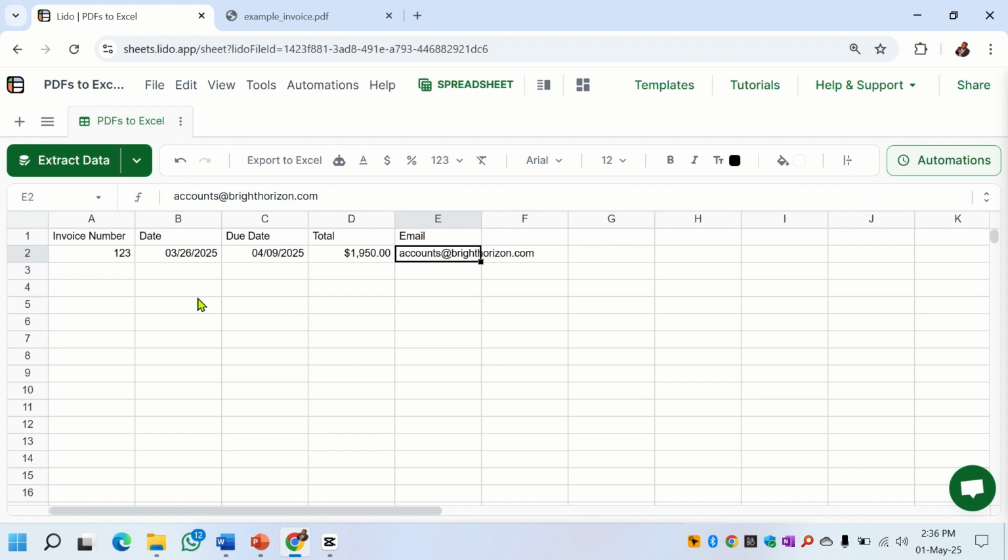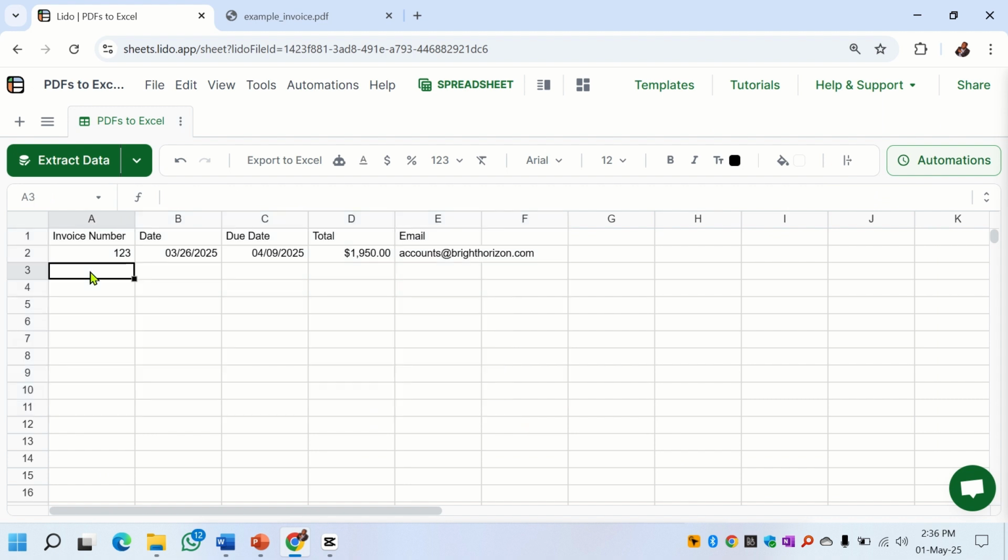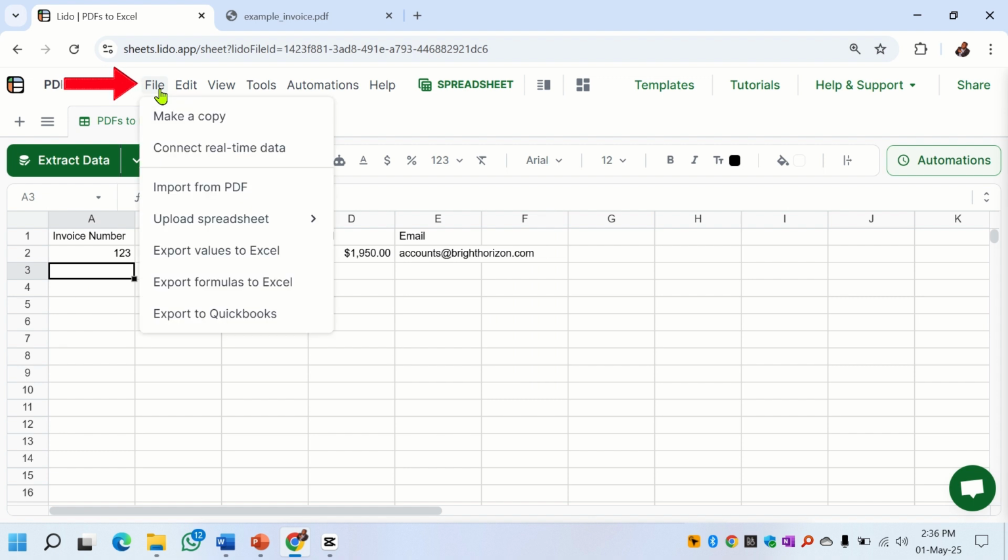Okay, now if you'd like to go ahead and export this to either Google Sheets or Microsoft Excel, that is quite easy. I can just close this dialog box. Once I have my data for all the invoices that I've actually processed, if there were 100 invoices, I'll have 100 rows here. Okay, what you can do is go to the File menu, and now you can say export values to Excel. By just tapping this option,